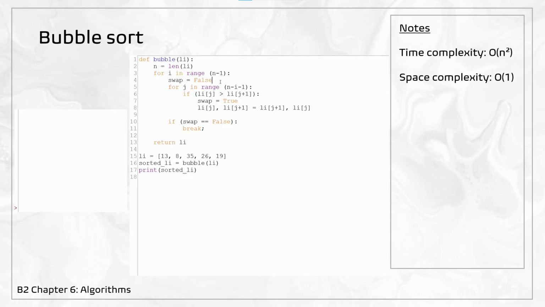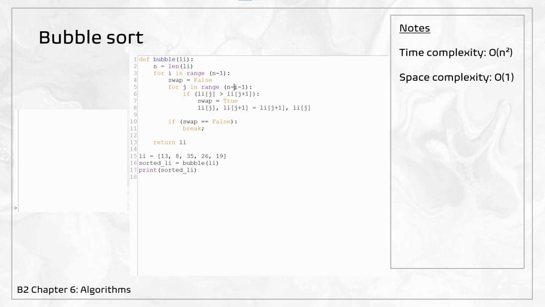Now, let's actually loop through the list and swap some elements. We want to loop through the list minus the elements we've already swapped. So we'll go through this for loop until n minus i minus 1. So in the first pass, i is equal to 0. So this loop would loop until n minus 0 minus 1, which is just n minus 1. Now in the second pass, i would be equal to 1. So this would loop until n minus 1 minus 1, or n minus 2. And this just ensures that all the biggest numbers that we've pushed to the right after every pass aren't considered